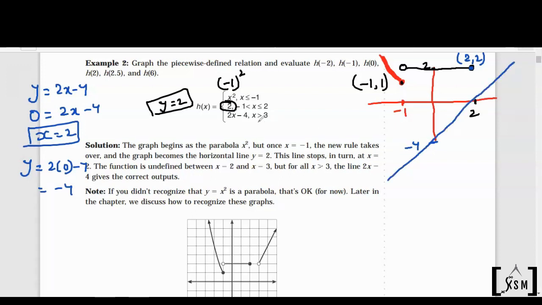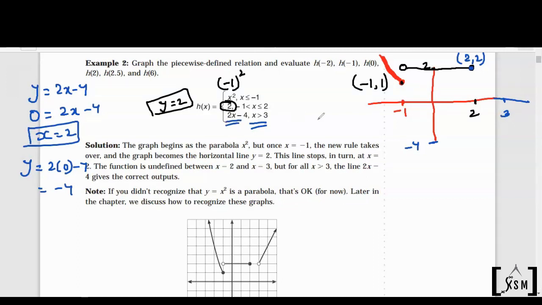But that is only defined when x is greater than 3. So not entirely. That is only defined when x is greater than 3. So after 3 only it is defined. Okay, so let me mark 3 somewhere here. Now we want to know when x was 3, what value does this give?